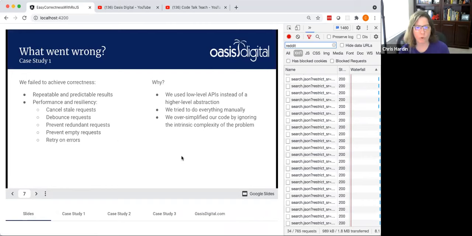So just talking a little bit more about what went wrong. What are we trying to achieve here? What are we calling correctness? On the left here, I have several measures that to me indicate that the app is working correctly. The first one is the most important, the repeatable and predictable results. And we were able to solve that by adding another tracking variable. But we still haven't addressed any of the other bullet points here, the ones having to do with performance and